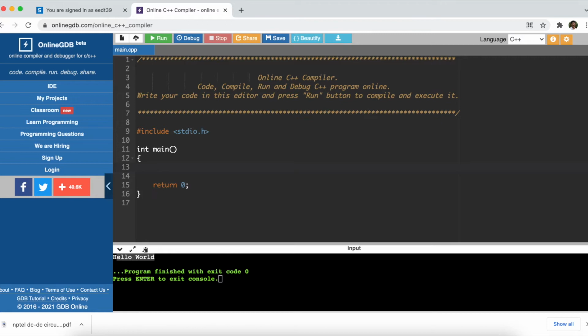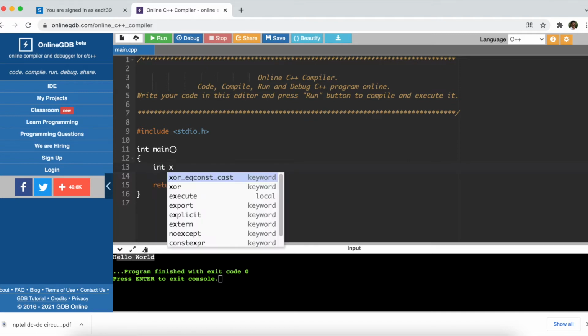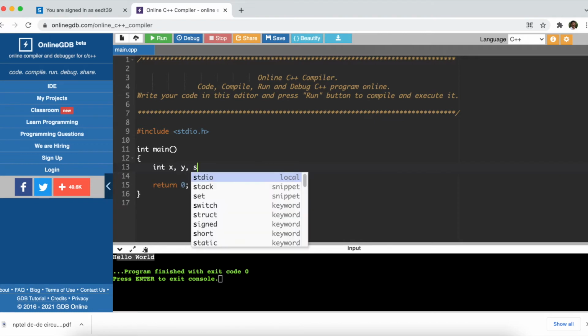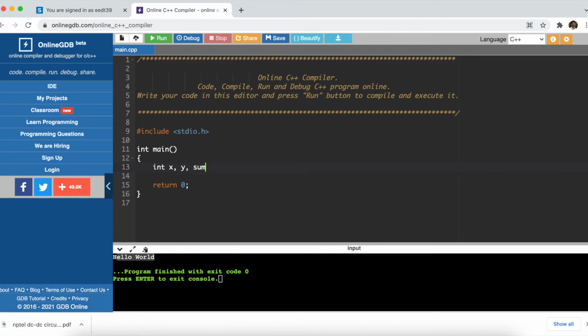This I have already shown in class. Since most of you are not present due to some reason, I am executing this again. So we have int x, y, sum. See why I am taking these three variables. These are integer variables. x is one integer, y is another integer. We'll add x plus y and store it in sum. But this x and y we will get from the user itself, the person who is using this program. Let us take x and y values from him.